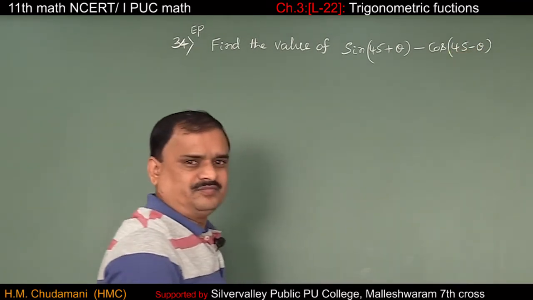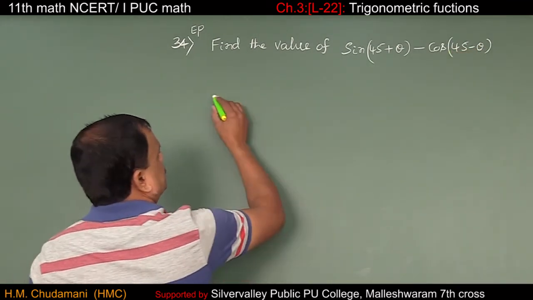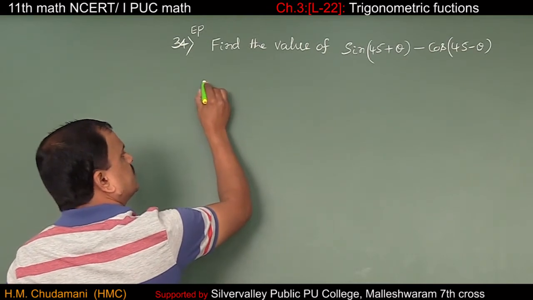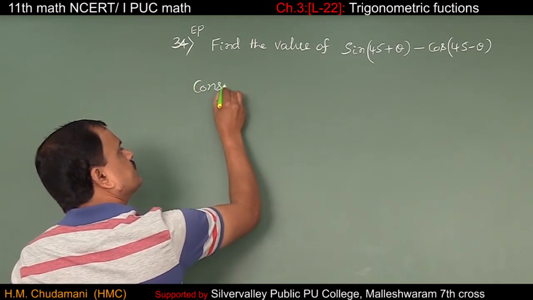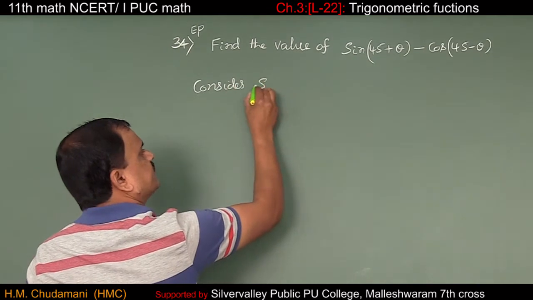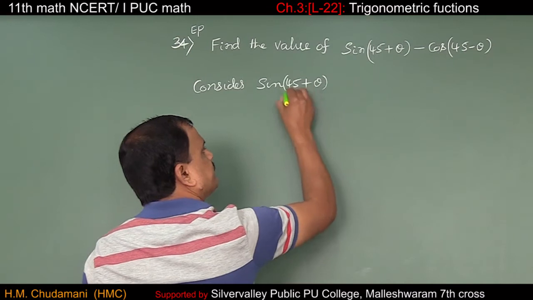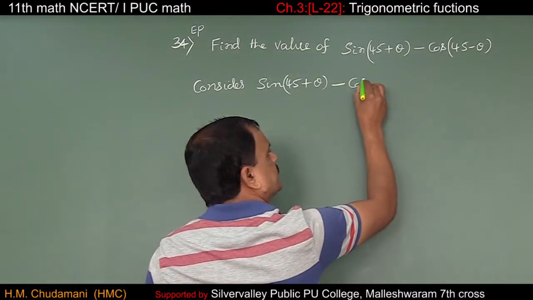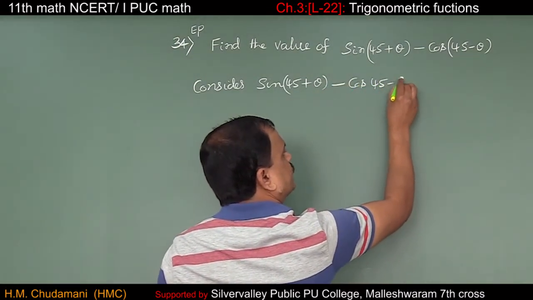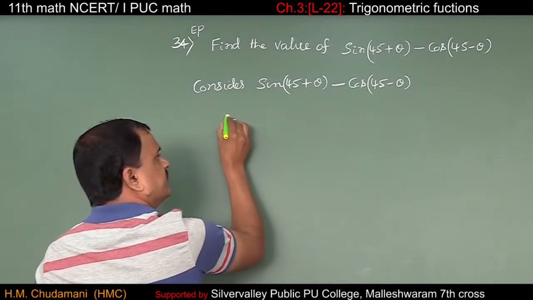A simple problem. Consider the given expression sin 45 plus theta minus cos 45 minus theta. This is equal to